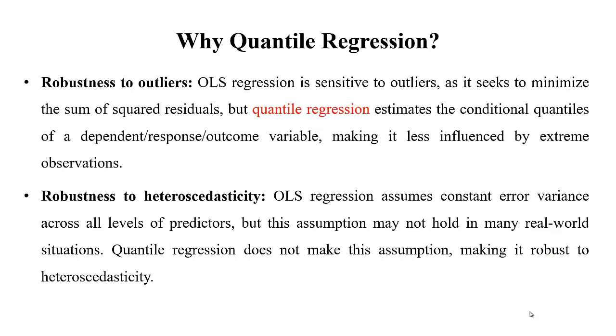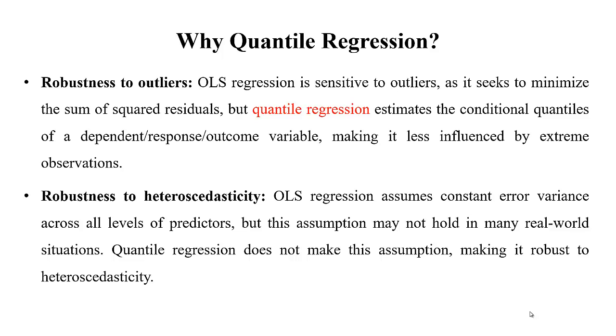Now let us look at the reasons for performing quantile regression. The first is that it is robust to outliers. Second, it is robust to heteroscedasticity. And the third is that it can be used when the distribution of your data is not normal. So now let us look at the